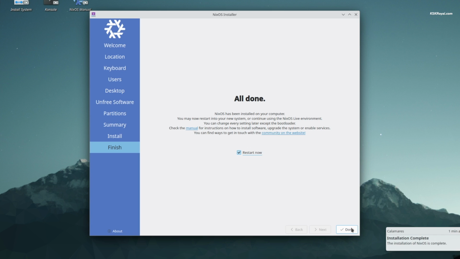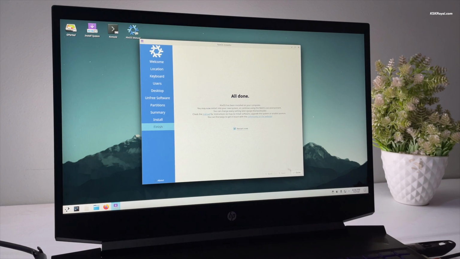Now once it's done, go ahead and restart your computer by removing the bootable media.